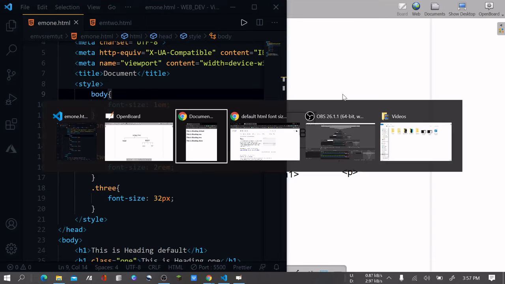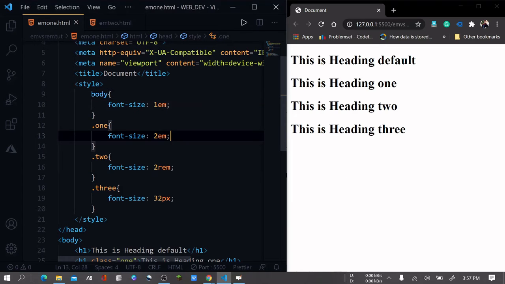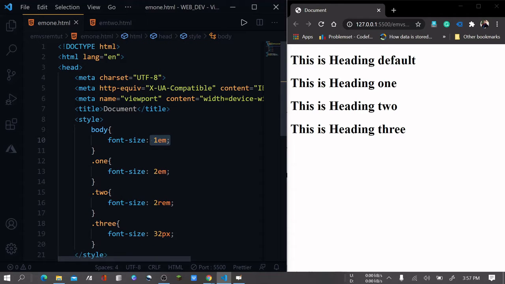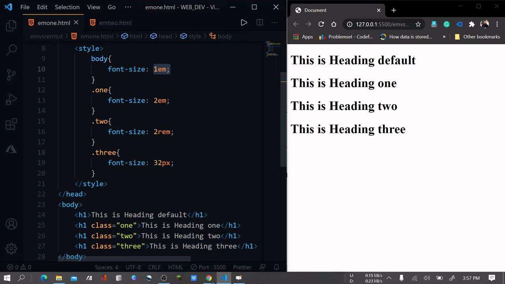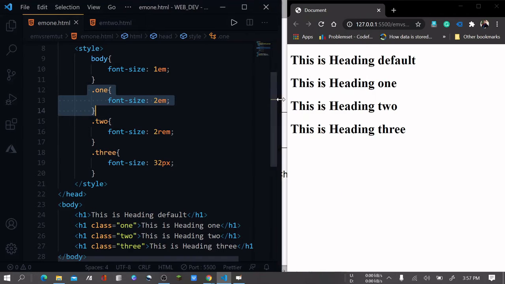Now coming to our example. When I set the body size to 1em, it means one times the font size of its parent. The parent of body is the HTML document itself, and its default font size is 16 pixel. So this will also be 16 pixel.